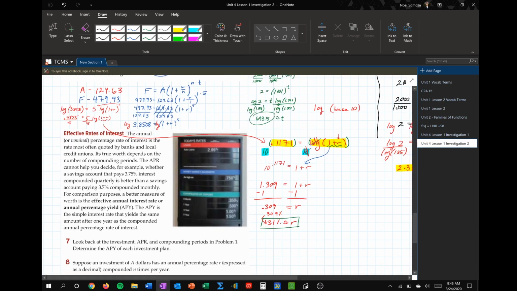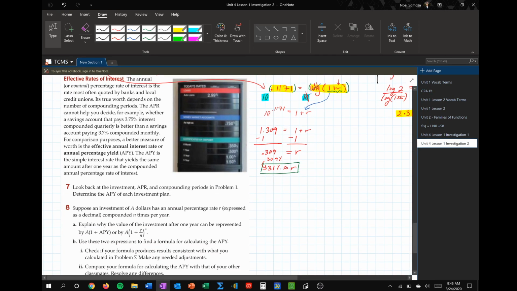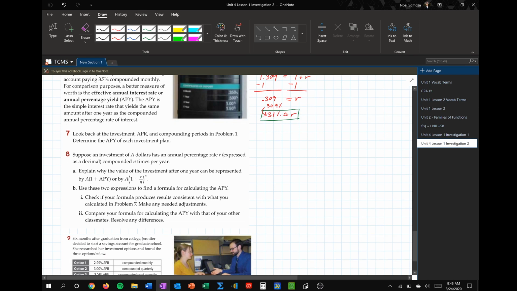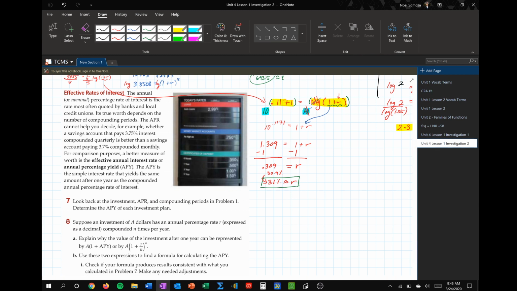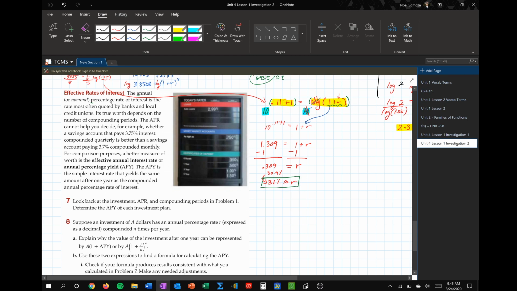All right, so let's take a look at these, at least 7 and 8, try to finish up these last two. Okay, so effective rates of interest. The annual percentage rate of interest is the rate most often quoted by banks and local credit unions. So that becomes your APR. Notice where it comes from. It's annual percentage rate. So APR, something that you typically see often